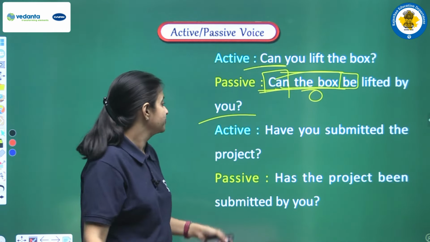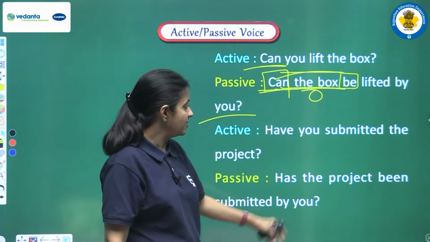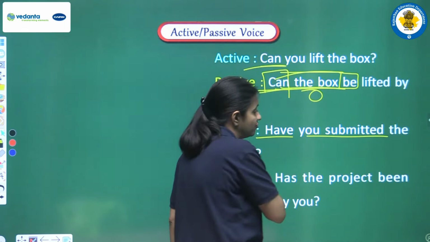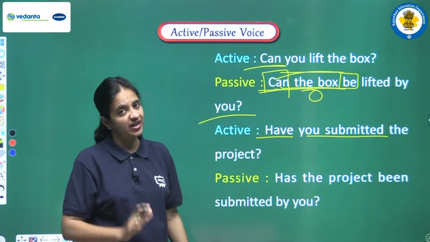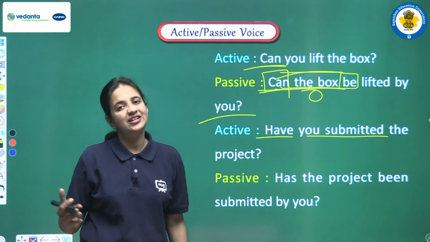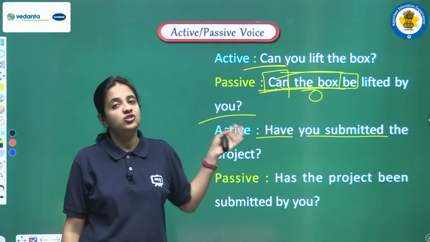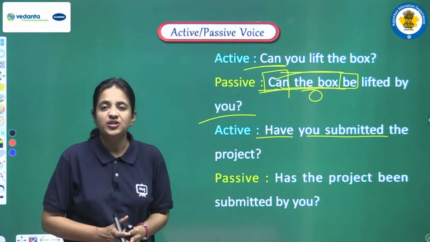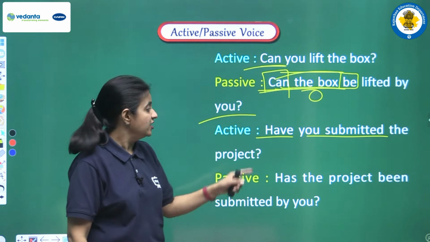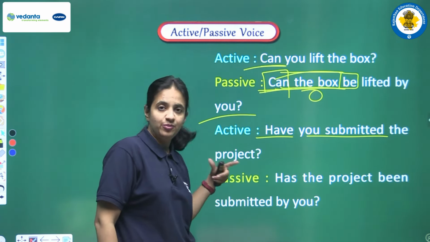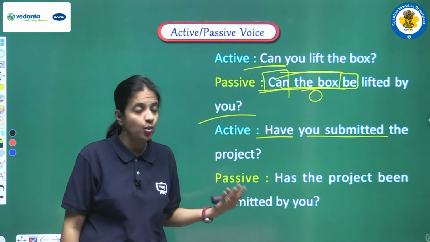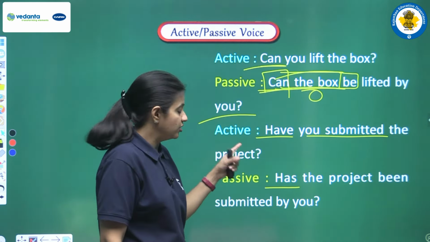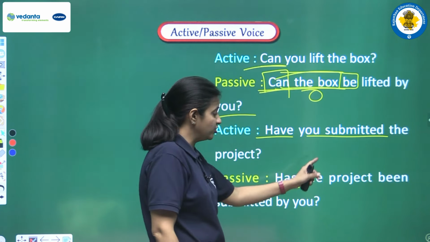can the box be lifted by you. Another example, have you submitted the project? So here we are having have plus third form. So this is present perfect tense. Now we all know that when we are having present perfect, while making the passive voice we have to add been. So our options are has been or have been. So look at the object, that is the project. The project, it's a singular one. So for singular, we always use has. So again our answer will be, has the project been